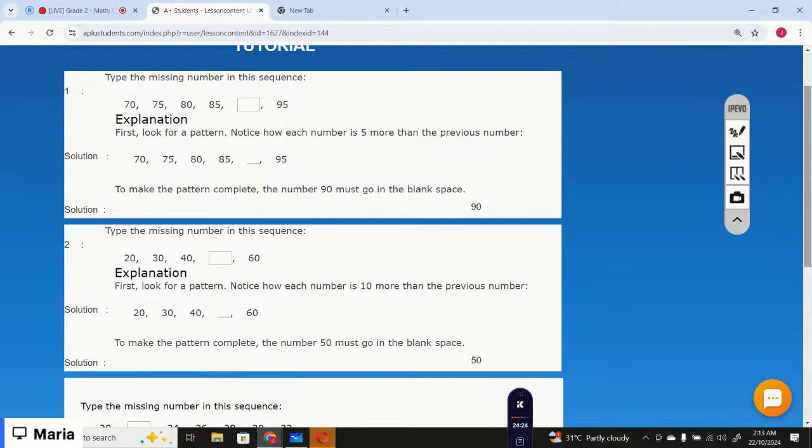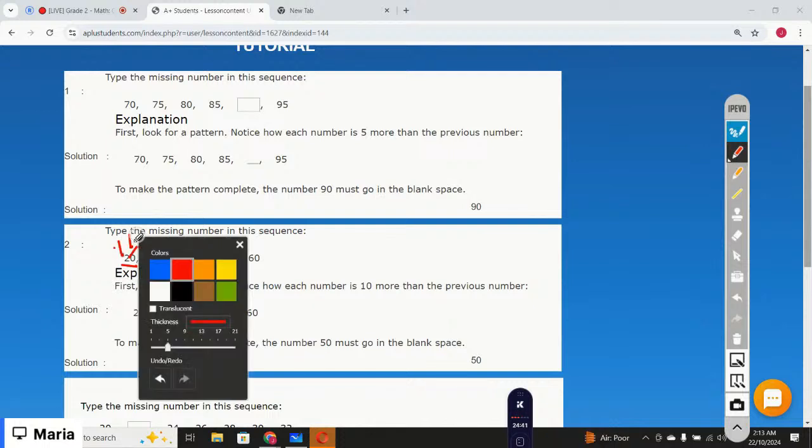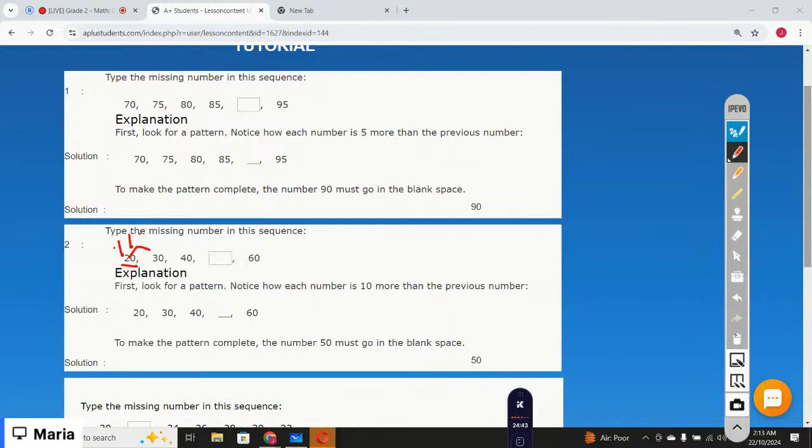Just look at the second example. The pattern is 20, 30, 40, the missing number, and 60. So you need to see how the pattern is growing, right? So start with the first one. 20 plus 10 makes 30. That means for each next number you need to add 10. So the missing number is